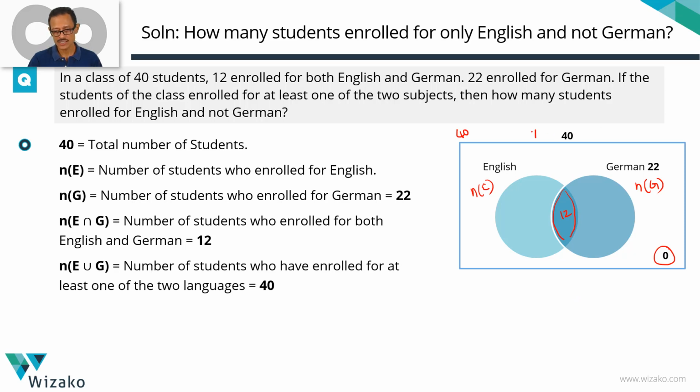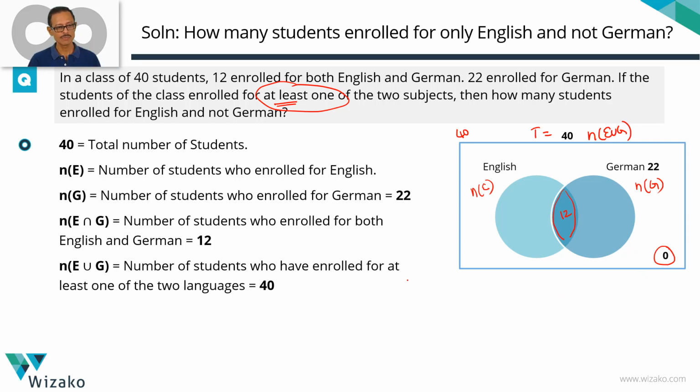So total number of students is equal to N of E union G. People who enroll for at least one of these two subjects. Without this information, we couldn't have derived that the total number of students is equal to N of E union G. Watch out for this. In a problem solving question, you're not going to face any problem with this. But in a data sufficiency question, total number of students is given and this statement is not mentioned. You cannot assume the total number of students to be equal to N of E union G. There could possibly be someone lying here. There could be 3 people who enroll for neither of these two languages. They could have taken Spanish, they could have taken something. We do not know what it is. We need this data that the students are enrolled for at least one of these two subjects.